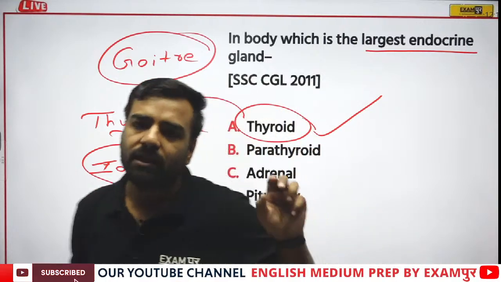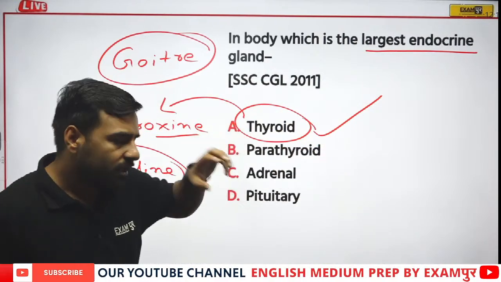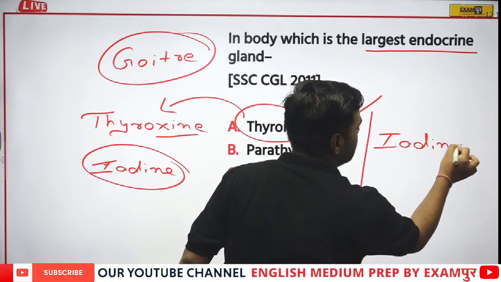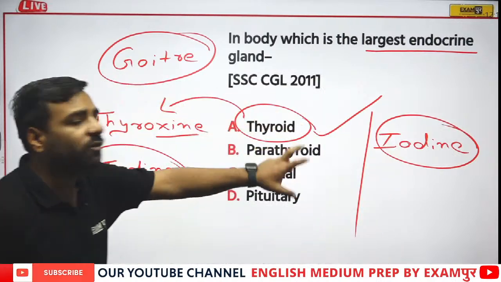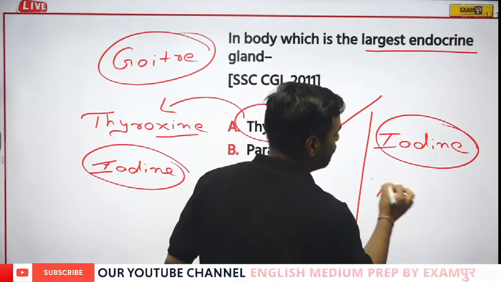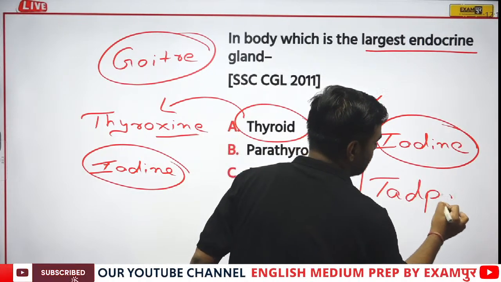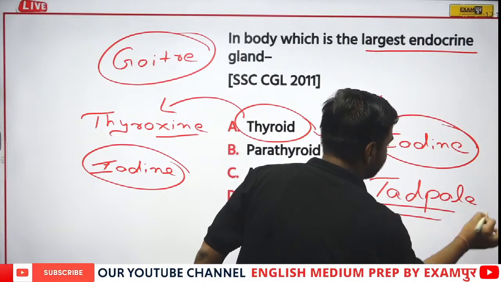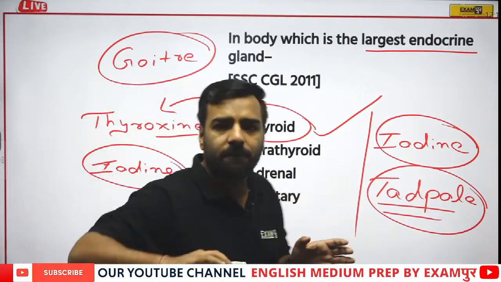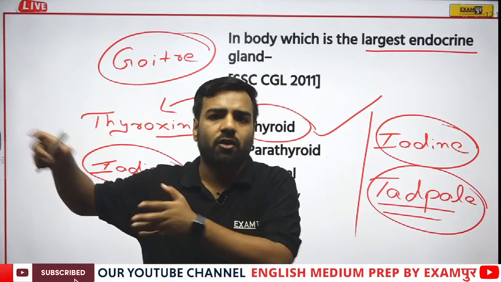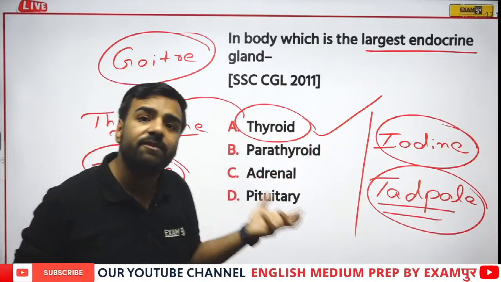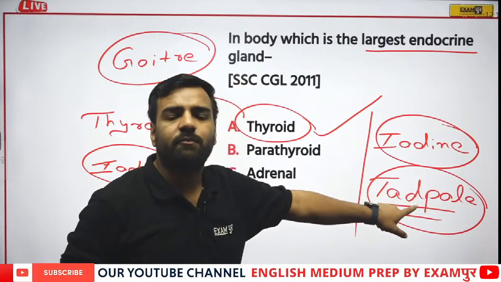Now, what is going to happen if I talk about water? If in water there is a lack of iodine, please try to understand my question. What is going to happen to the tadpole? My question is about the tadpole. This was asked in the examination. I guess everyone is aware of the tadpole, isn't it? This tadpole is actually a baby version of a frog. So if a tadpole is living in water in which iodine is not present, what will happen to this tadpole? Can anyone tell me?